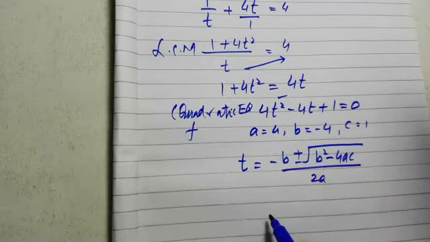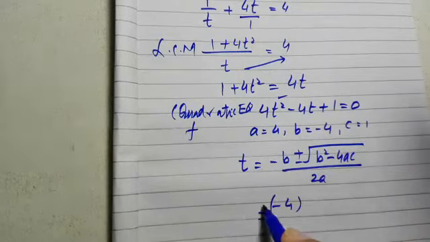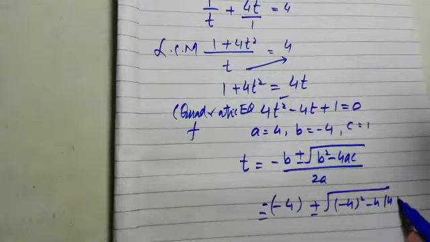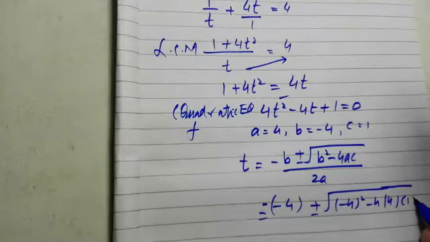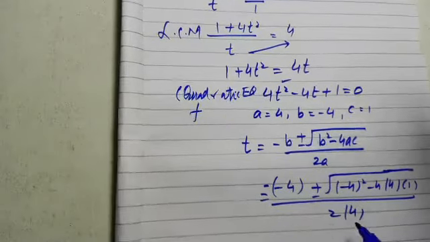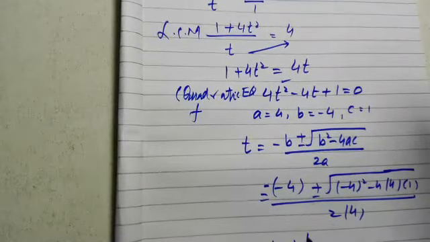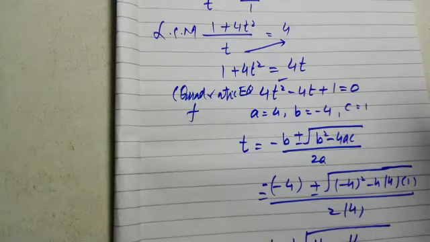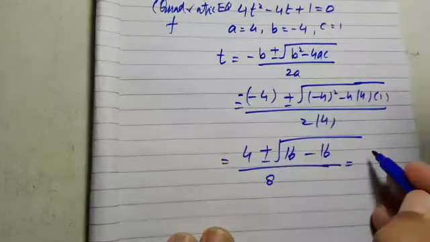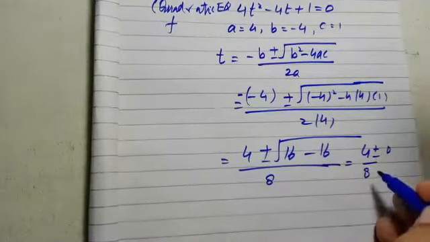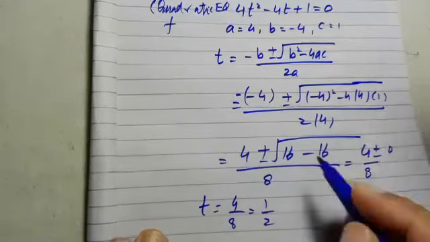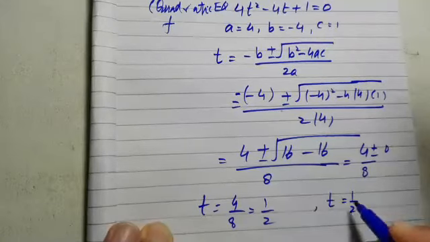Now substitute the values. Minus b is minus of minus 4, plus minus square root of 4 square, minus 4 times a, which is 4, and c is again 1. People can even use calculators to find the answer. So plus 4 plus minus square root of 16 minus 4 4s are 16, divided by 4 2s are 8. So it will become 0. So 4 plus minus 0 over 8. So you will get only one answer. t is equals to 4 by 8, that is equals to 1 by 2. So you have gotten the value of t, that is equals to 1 by 2.